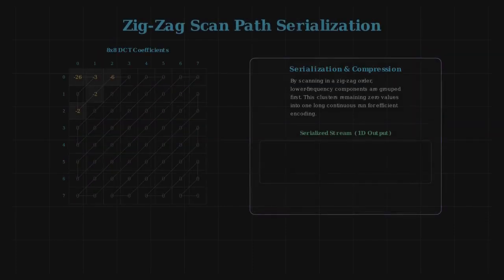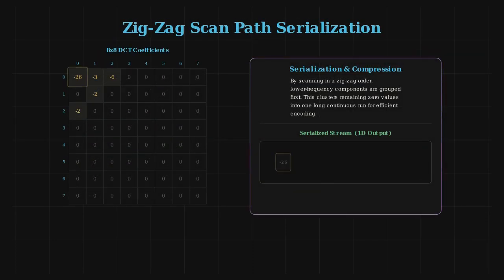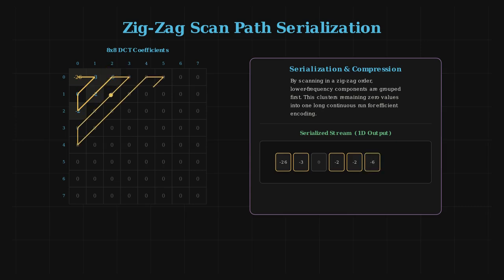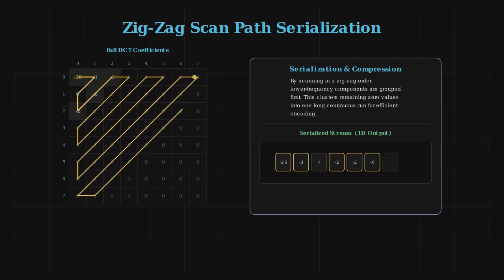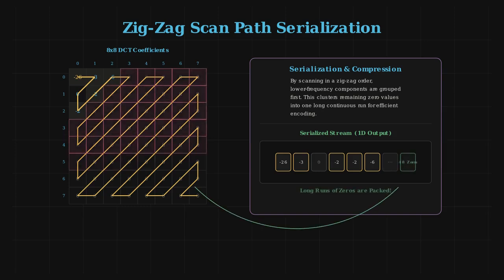Finally, we serialize this sparse matrix. Instead of reading row by row, we trace a zigzag path starting from the top left DC coefficient down to the bottom right. This clusters all the newly formed zeros together. We then run a simple algorithm to store these sequences of zeros in just a few bits, resulting in incredibly